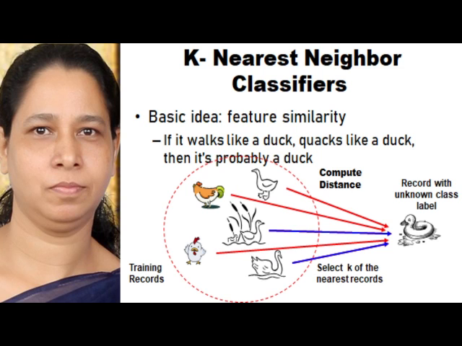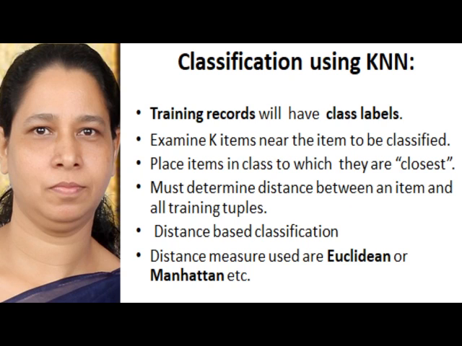To identify nearest neighbors, distance measures like Euclidean and Manhattan etc. can be used. Hence, it is a distance-based algorithm. To identify k nearest neighbors, the given test tuple is compared with all the training tuples. The class label of the nearest neighbors determines the class label of the test tuple. Hence, classification is based on learning by analogy, that is, by comparing a given tuple or object with k training tuples that are similar to it.